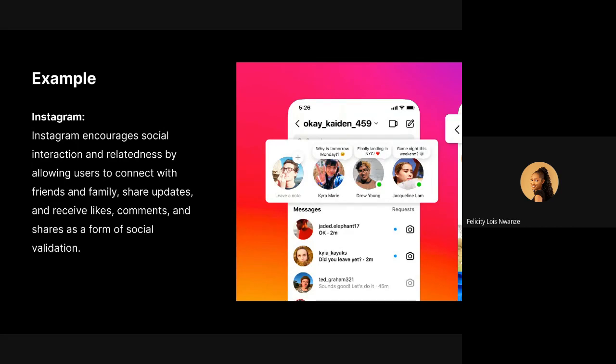When it comes to design, also keep in mind that things are better with friends, right? When you're building an application, if it's only a one-man thing, a lot of people would not want to join it, but they would most likely join something that they can invite their friends to join. I remember there was a time this Signal app came, and then it died shortly after, because it was hard getting people to, like, you just sign up for the app, but then your friends are not really on the app. Your friends are still on WhatsApp, on Telegram, and other chat apps. So it just died off.